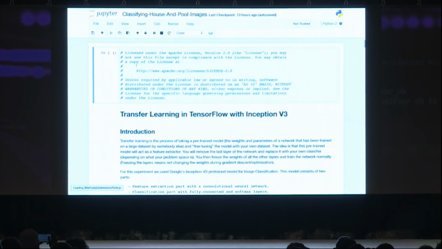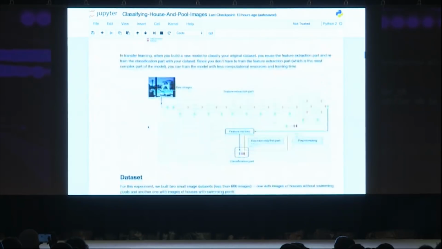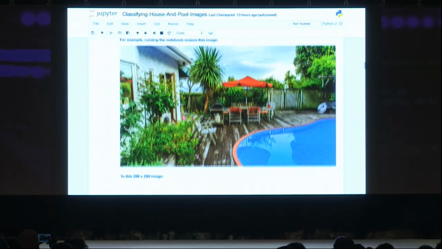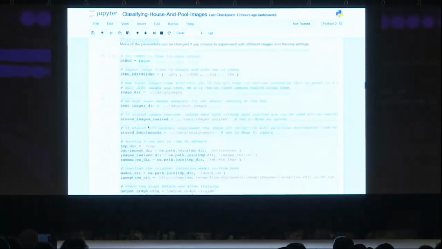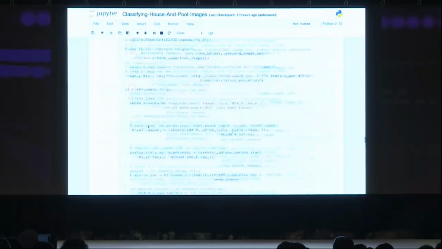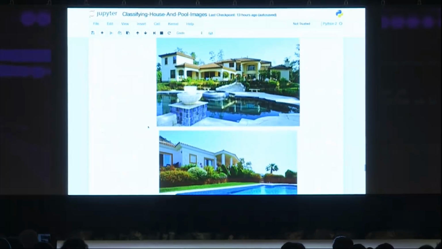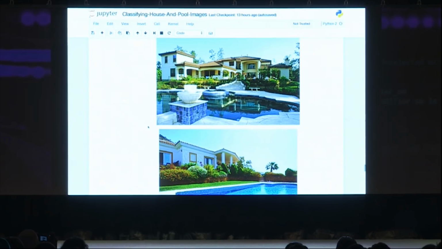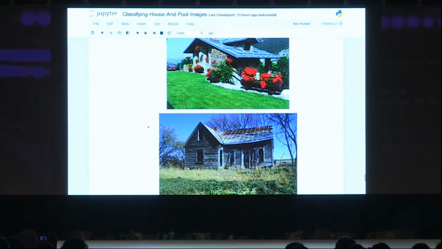It shows you all the different steps with extremely detailed documentation, and in fact, these are some of the examples of the data. And if we were to go to the very bottom of the notebook, I can show you some more examples as well. This is the image classification that we're trying to do. We're trying to find houses with these types of swimming pools and the houses that don't have these swimming pools. And again, only 40 training images, but if the deep learning model works nicely, we should have a shot at this.